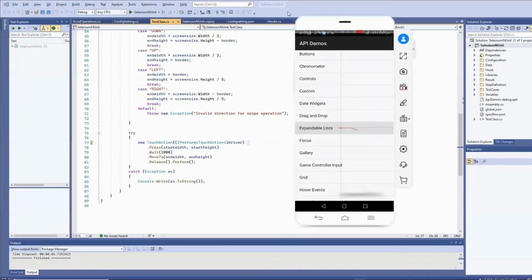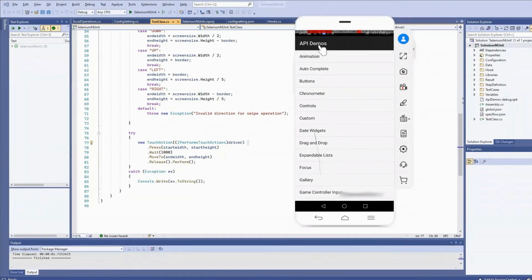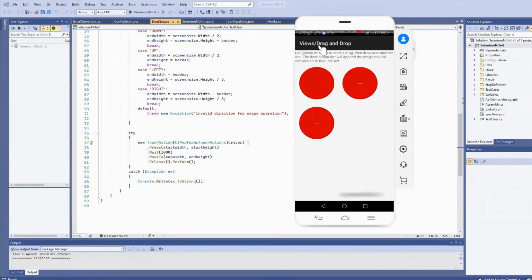So you can use these values in your methods to perform operations like tap and press, if that object doesn't have any other properties to work with. Similarly, you can go to any screen and touch the area where you want to perform the operation. It will show you the coordinate values for the X and Y axis of the current touch area.